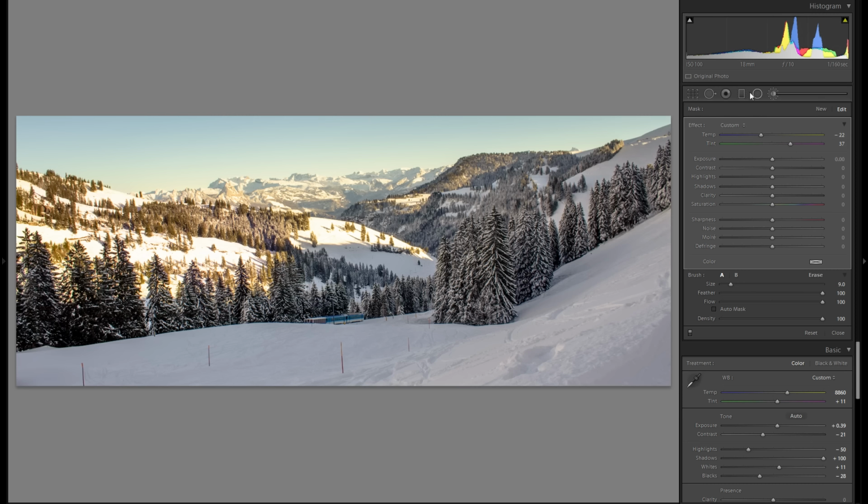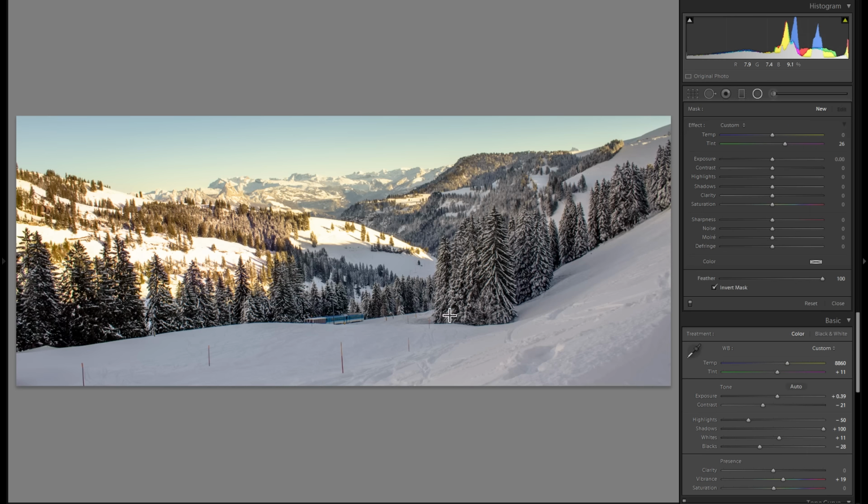Then let me quickly add some dodging and burning for the foreground so we get a little bit more interest in terms of lighting. Just grab a radial filter here, again make sure the feather is at 100 and raise the exposure as well as the clarity and maybe even bring a little bit of color in it. Make sure that's not too much. So I'm just gonna drag that over here, right click duplicate, maybe one more over there, make this one a bit longer, maybe not so strong.